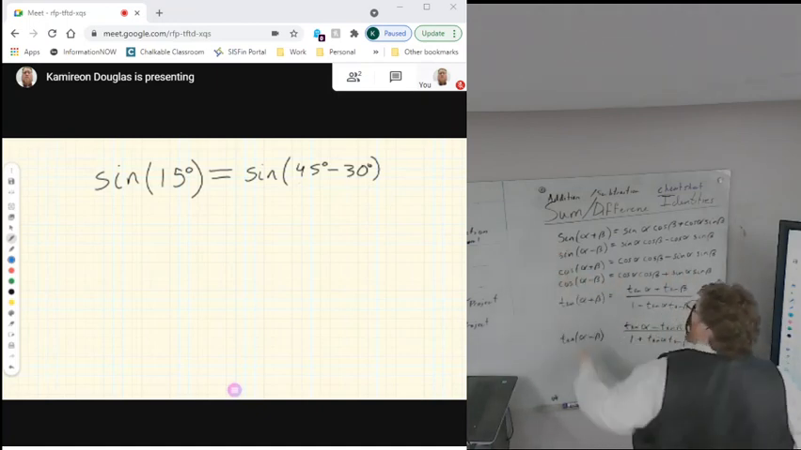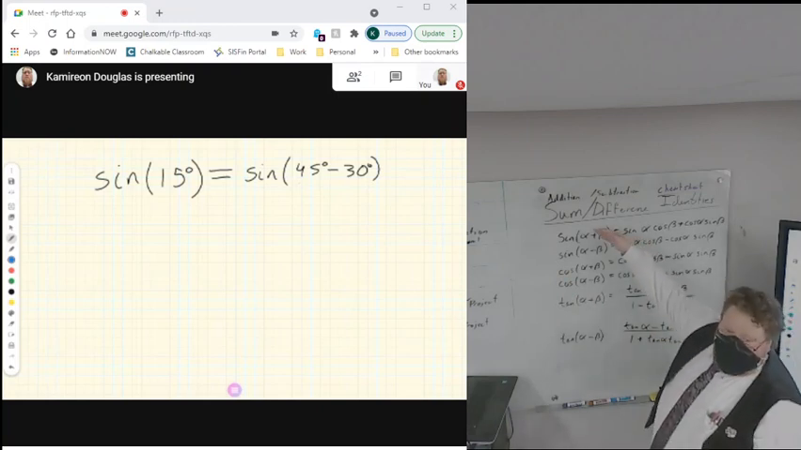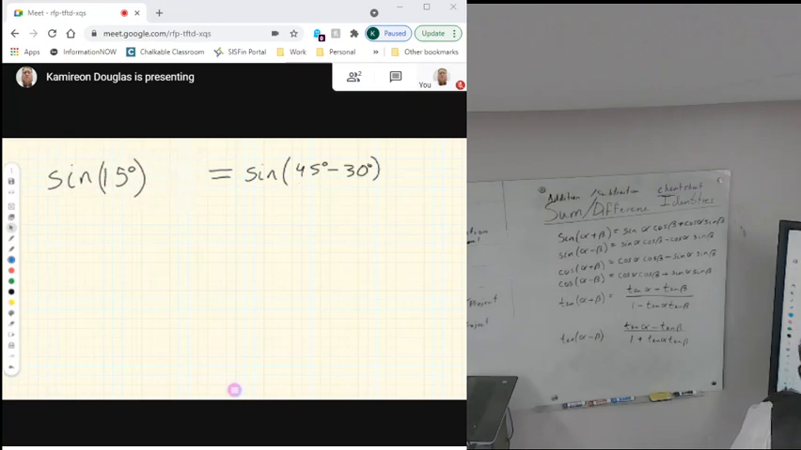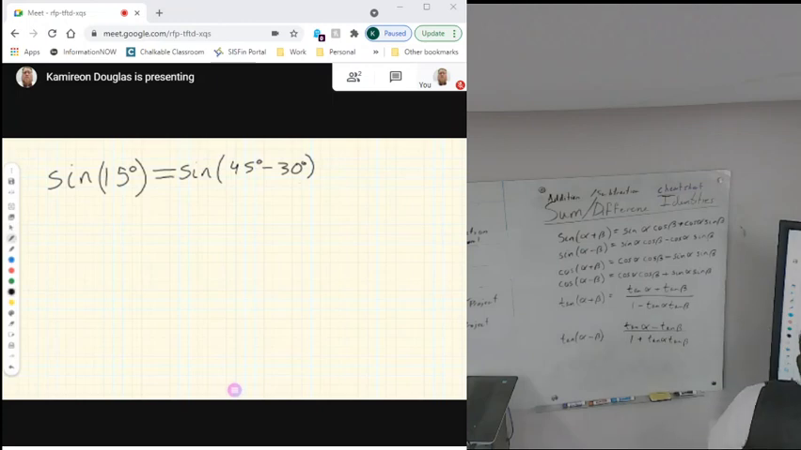There are two versions of the formula. One with addition, the sum formula. One with subtraction, the difference formula. I choose the second one because I want to do 45 minus 30. So what this tells me is this function is going to be equal to sine of my first value, which we call alpha, times cosine of my second value, which we call beta, minus